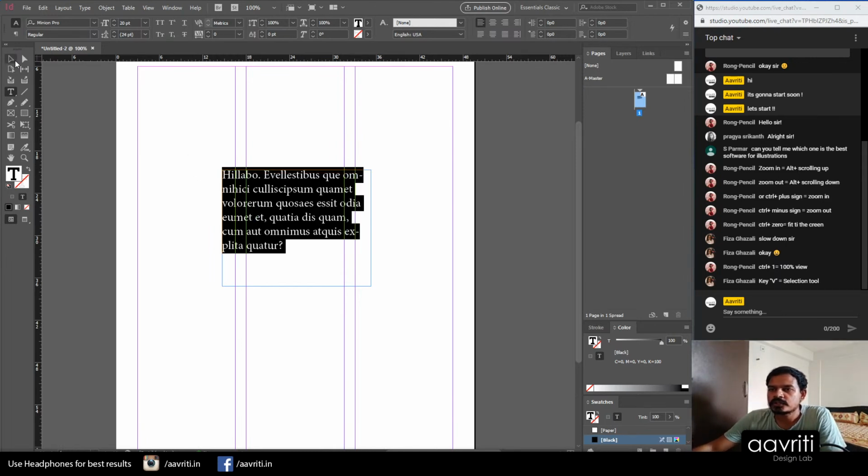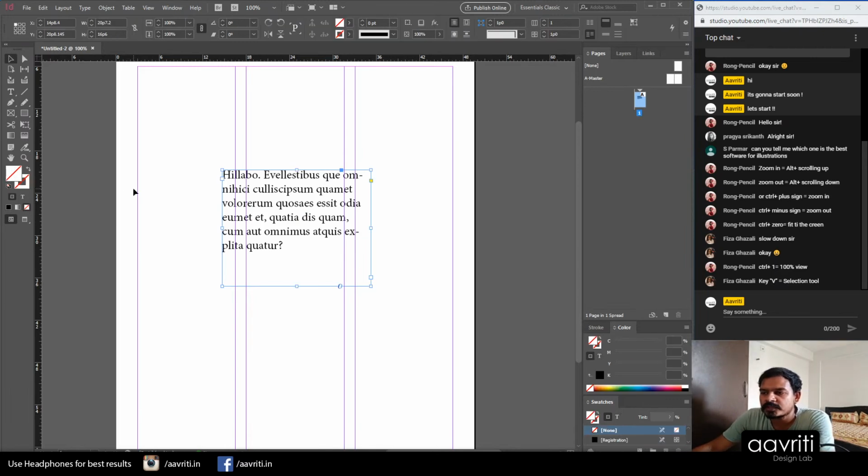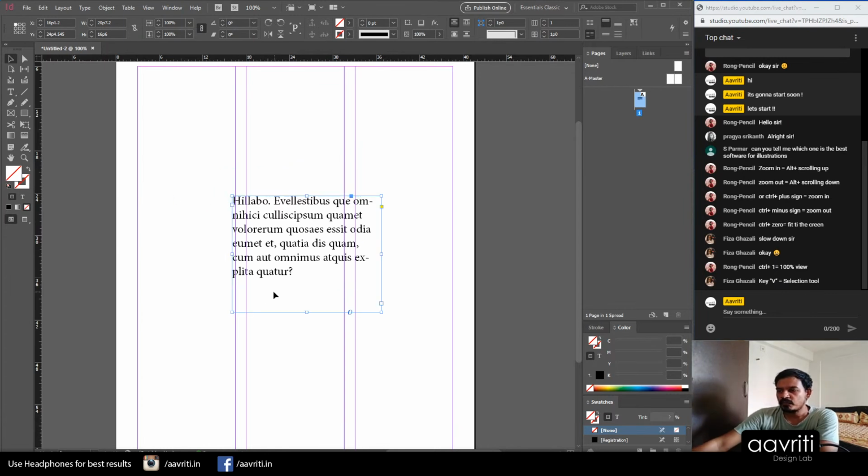All right, so understand the concept of container and content, because this is one of the basic features or techniques of InDesign, how it manages the content. So this paragraph box, the bounding box which you see, the thin blue line with tiny handles here and there on the edges, is actually the container, and inside the container we have a paragraph. Okay, now